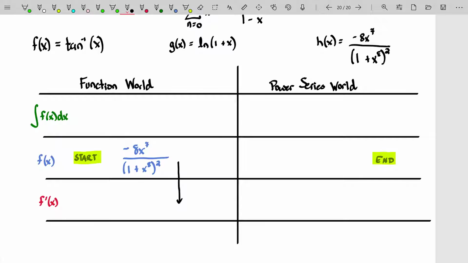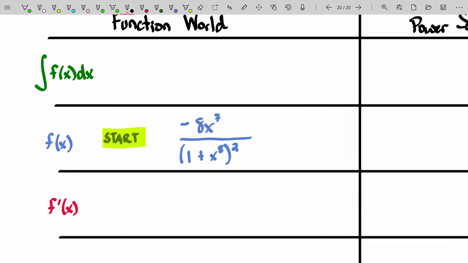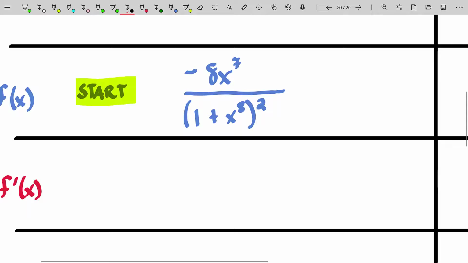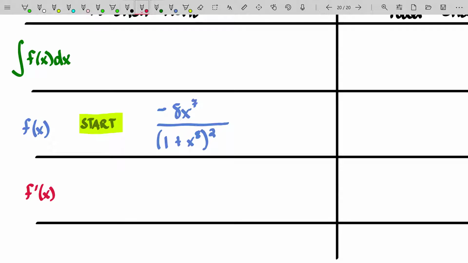Or you can go down and take the derivative of this function, or you can go up. You just can't go diagonal. So you can either go up, down, or to the right. You eventually, through movements, want to arrive at the end. So it's one of those two paths, either up to the right and down, or down to the right and up. Those are the two kinds of moves you can make here. Whatever move I make, I need to make a move so that I can find the power series of the function after that move. For example, if I decide to go down, and notice I'm using red because I know it's a bad idea,